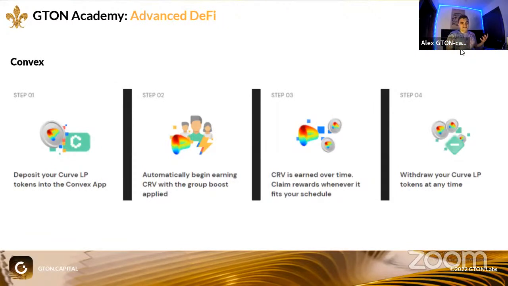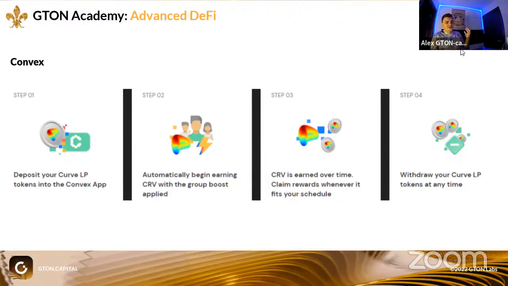And here we have an interesting project called Convex, and there was some hype around it a few months ago. The hype started from Yearn actually, and Yearn suggested a pretty nice idea: let's create one pool for anyone, and let's sell half of the rewards, and the other half let's use as a boost. So this is how it started.